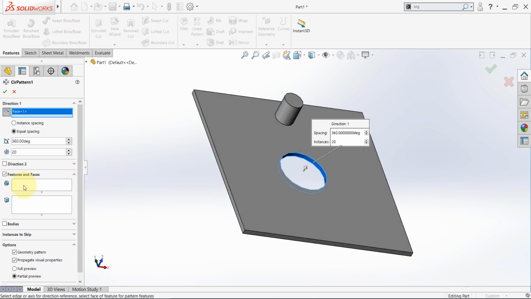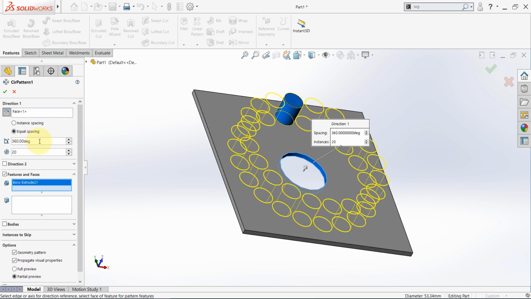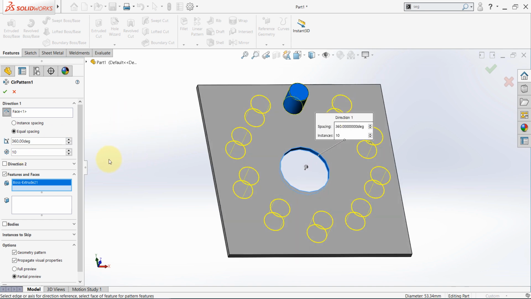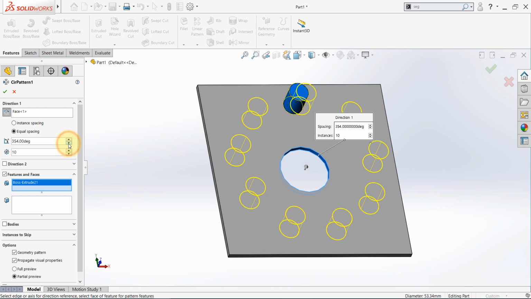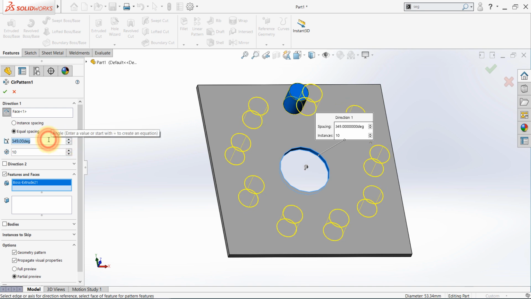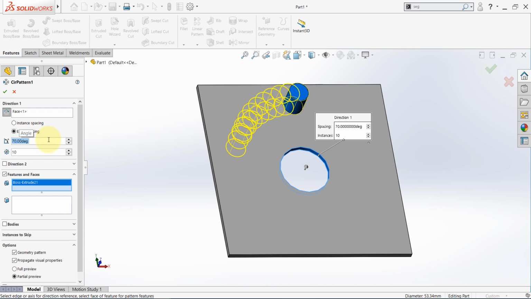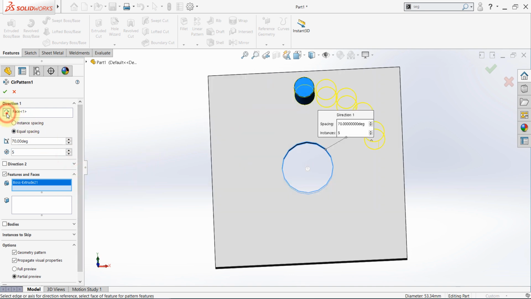Now, features and faces. So we want to pattern this feature, and the number of instances, we need 10 instances. You can change this angle, let's say 70, and you can control the number here. You can reverse the direction, and you have this option,